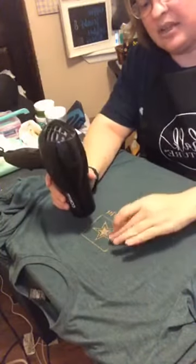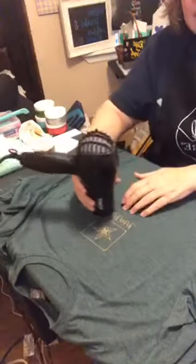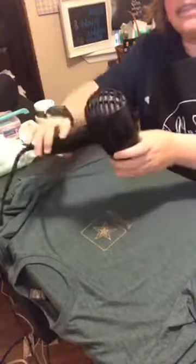Okay, so the top is pretty dry. The mama's getting there. Kind of crazy, isn't it? All right. So what we're going to do now is I'm going to take my hands. It's not perfectly dry, but I want to get the mat out. So this is the hard part, is trying to get this mat out without...